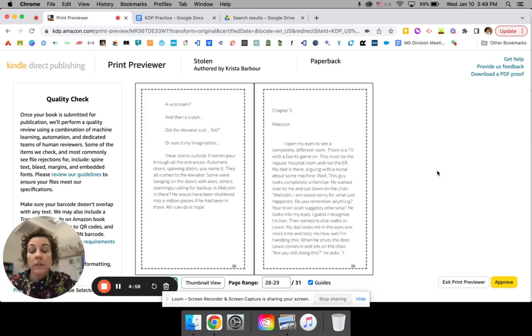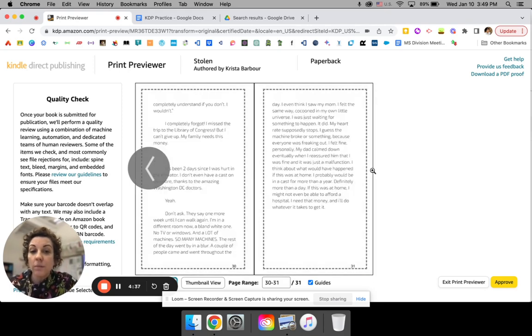It is really important that you do go through every single page and make sure every single page looks exactly how you want it to look. This is going to be very cumbersome for some of you who have very, very long novels, but you don't want to go through this whole process and then get your published book in the mail and have there be a really, really silly mistake that you could have caught just by flipping through. So make sure you flip through all the pages, and when you are satisfied with what you have created, then